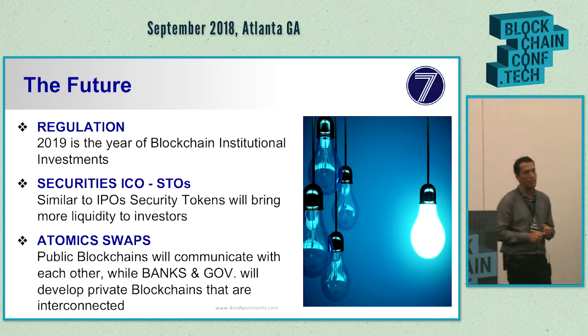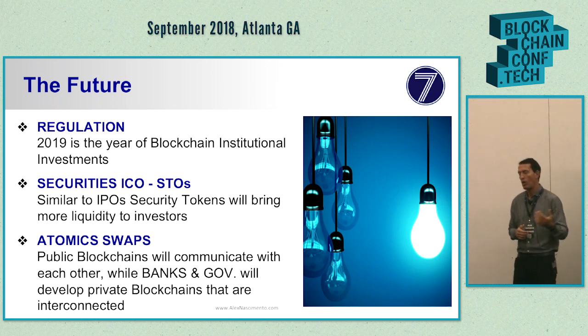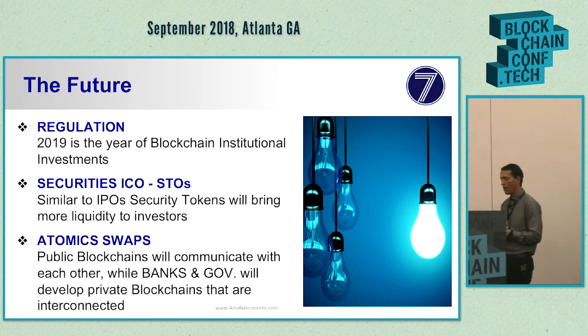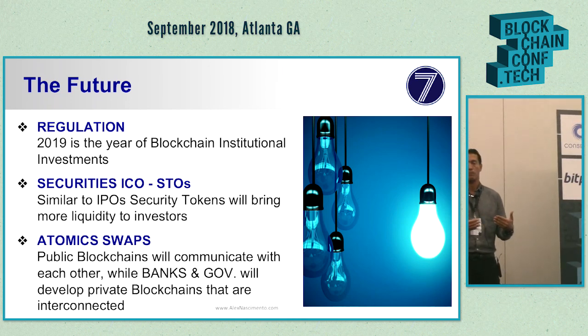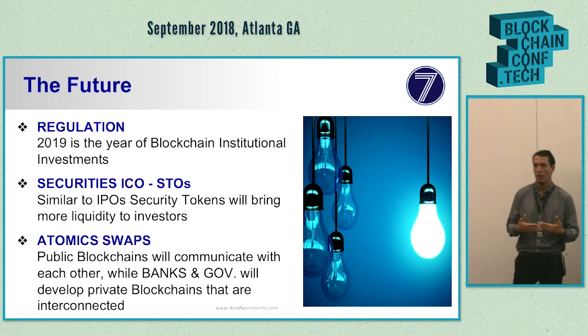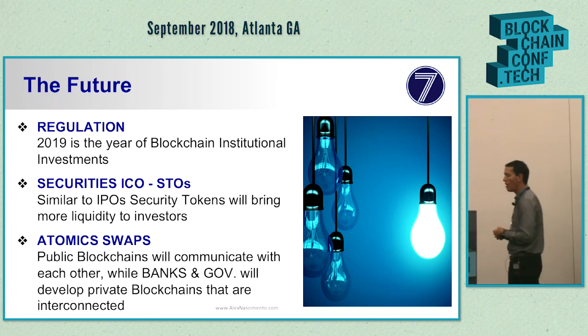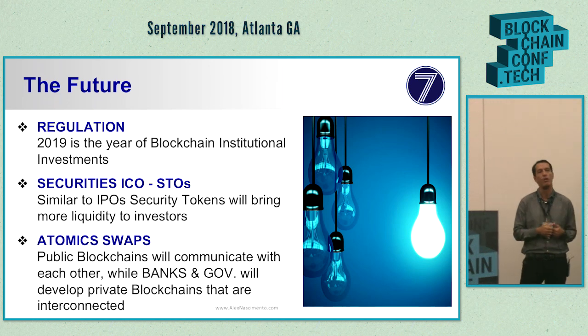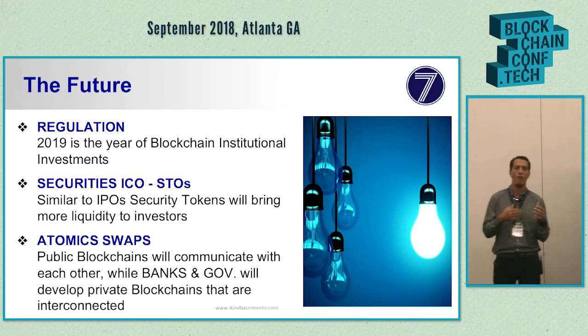I think that 2019 is going to be the year of institutional investors. Goldman Sachs already is operating under Circle, the largest trading desk of cryptocurrencies. Security token exchanges, in my opinion, we're going to start seeing them in the beginning of this year. You're going to be able to trade security tokens just like you trade Bitcoin and Ethereum and alternative coins. And I think we're going to solve atomic swaps. All right? You're going to be able to change an Ether for a Bitcoin or a security token for another